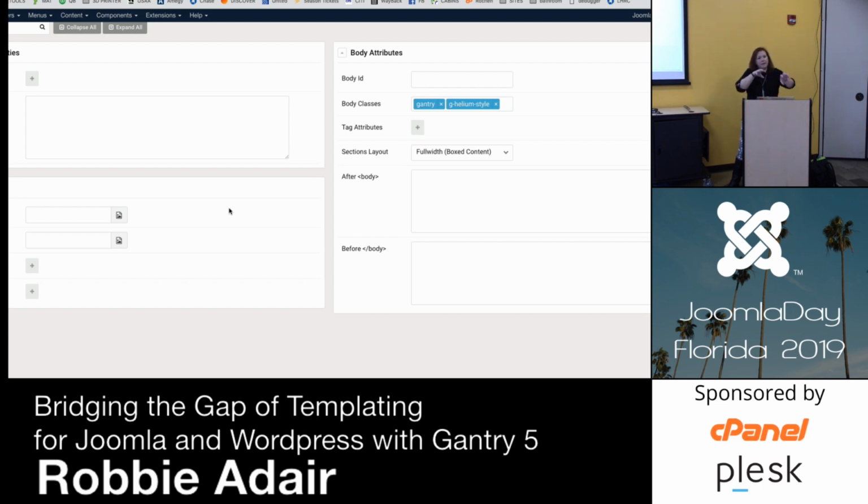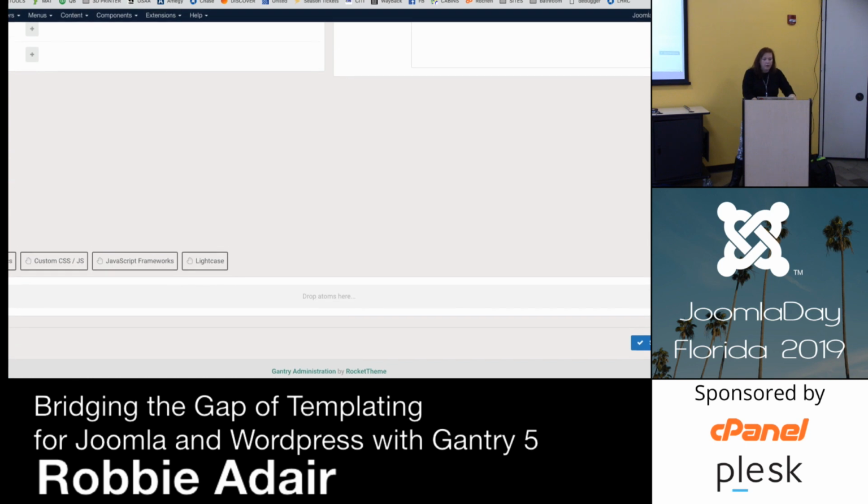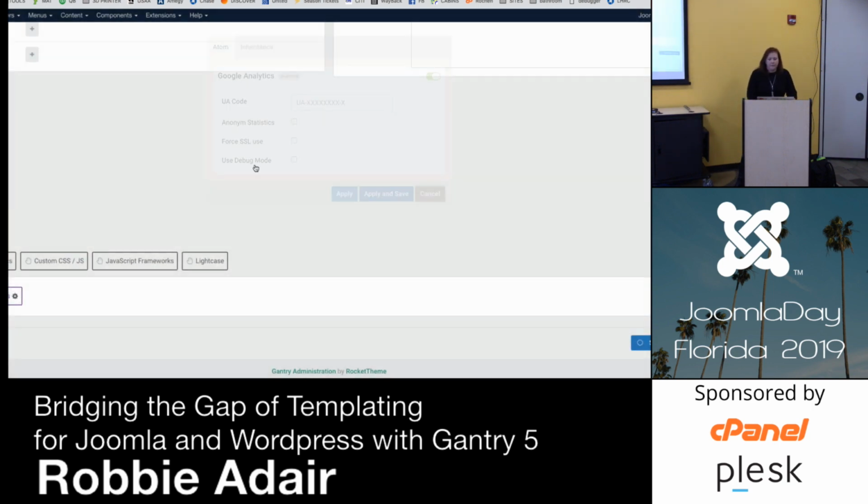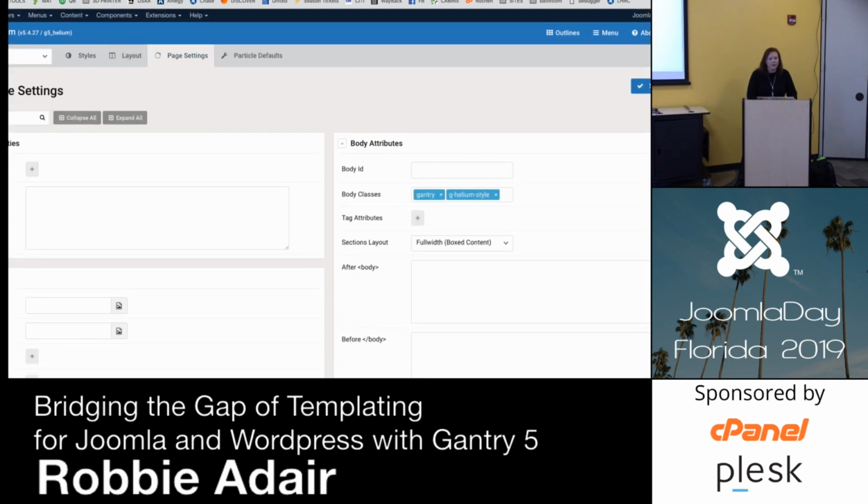So this is giving us access into the code of our template without us having to open up those code files, okay? And then down here you'll see, this is where atoms are. I told you there's, but they're hidden, right? They're not something we visibly see. They're running things like, for instance, the best example here is Google Analytics. I mean, they've got it plugged in. All I have to do is go put my UA code in there. Boom, I'm done, okay? So these are very powerful.